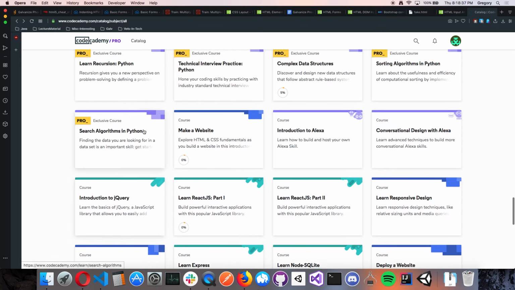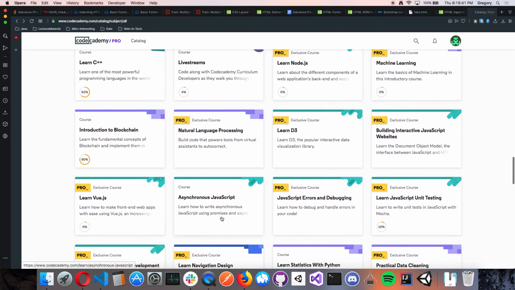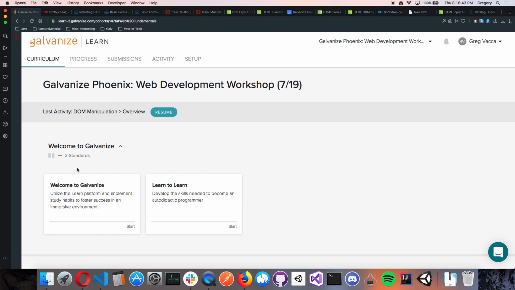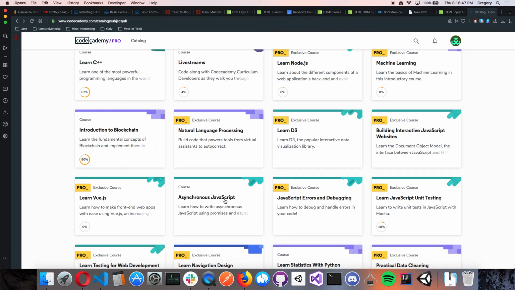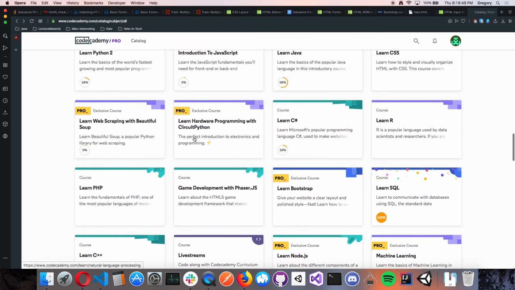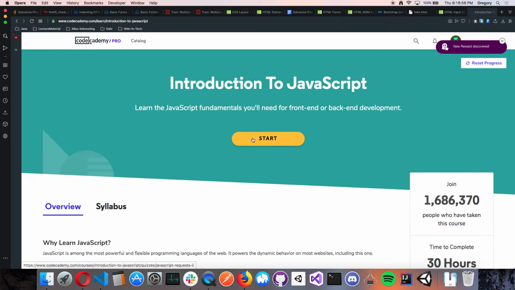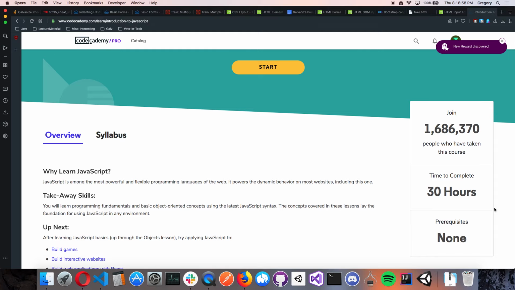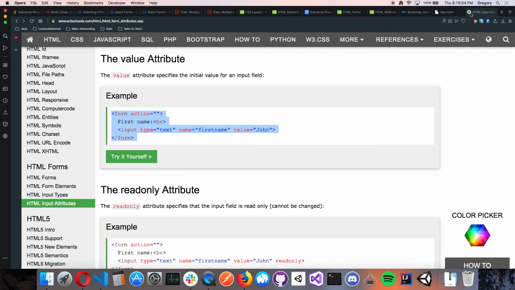information on here in case you just wanted to brush up on something that you maybe didn't quite understand from the Galvanize curriculum. I personally think the HTML is really good here, but if you wanted to do the JavaScript, you could go ahead and do the JavaScript on Codecademy, and once again, it's free. It's up to you. But just remember that this resource is available to you, and if you were looking for a job,